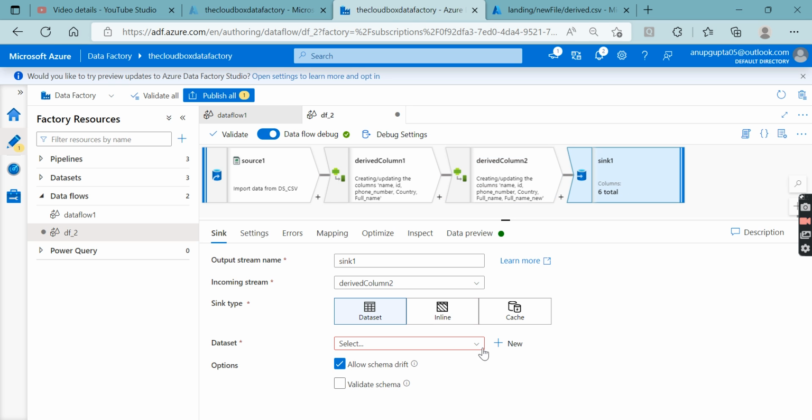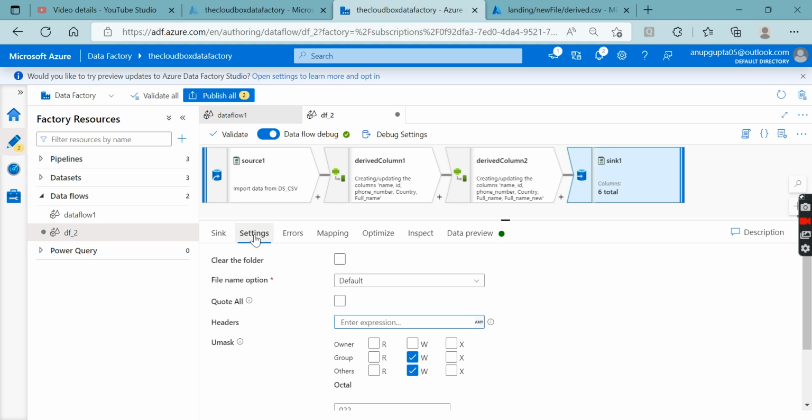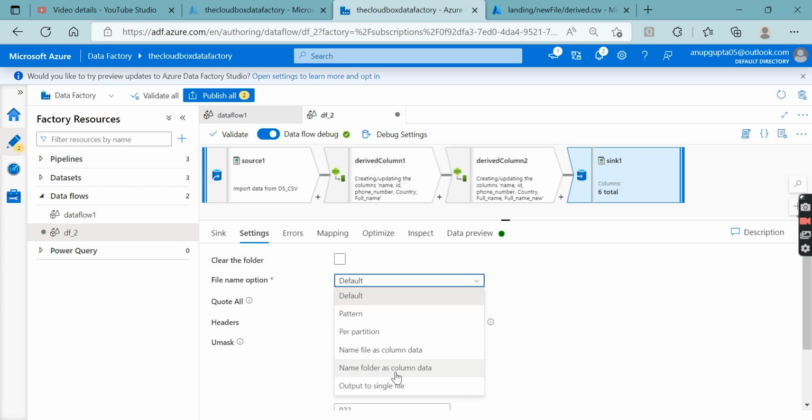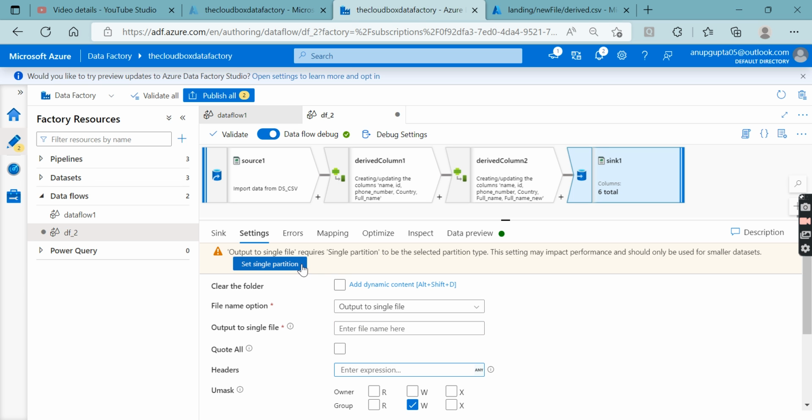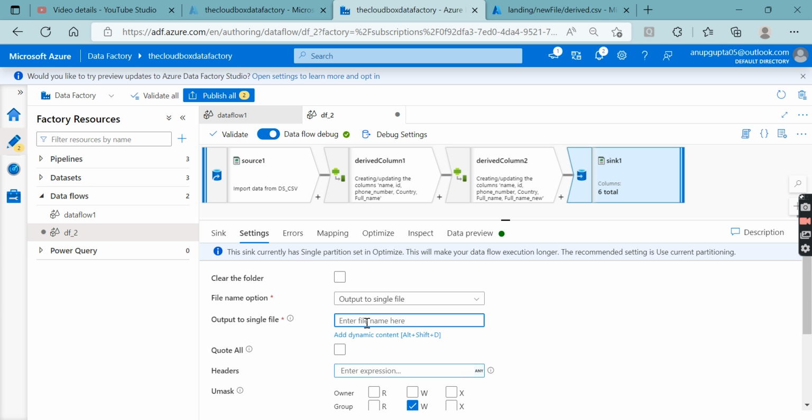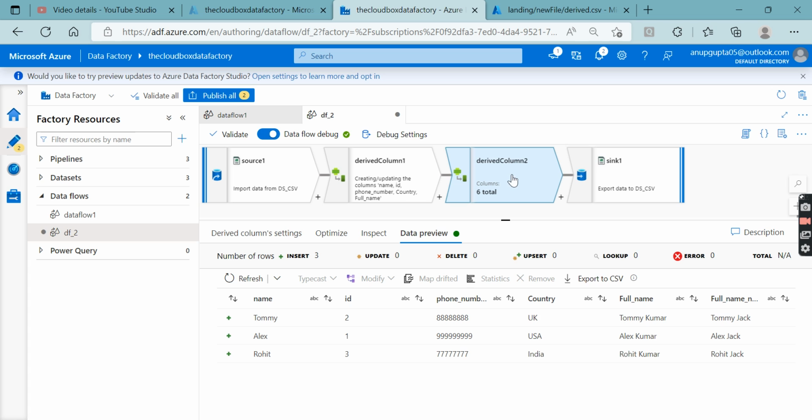Let me take a sync also for saving. Let's go to setting, output to a single file, set partition 1. How I'm doing it, I have already explained in the select transformation also. So I request you please go and watch, you would understand. That is very easy. Now see, full name is this and full name new is where I have replaced Kumar with